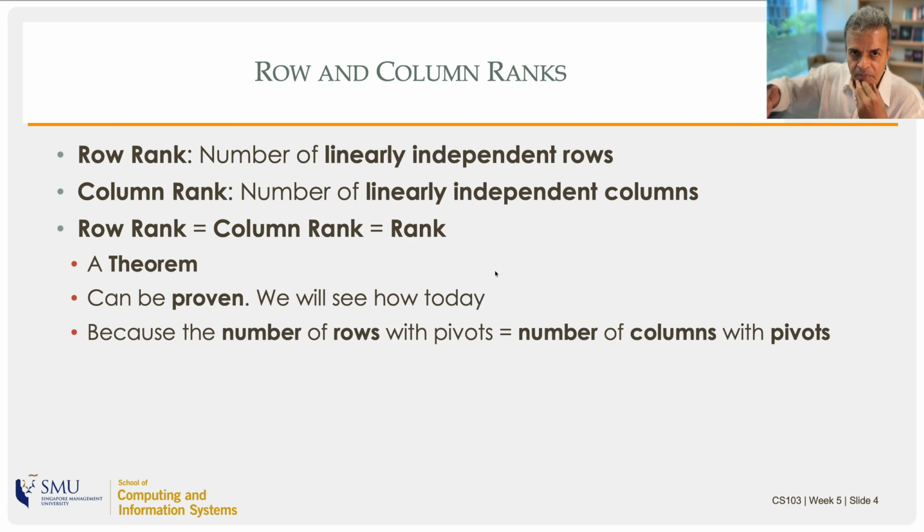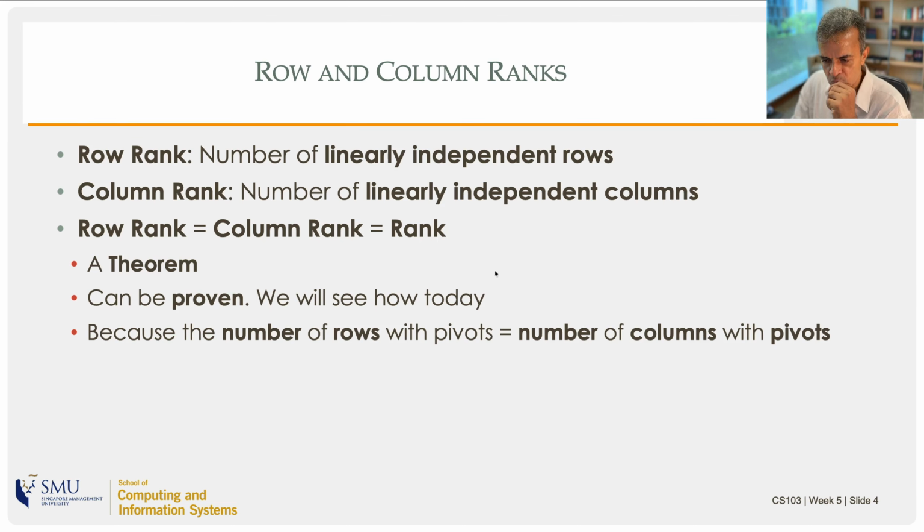Column rank will be the number of columns with pivots. And whether you look at the pivots from the top, column-wise, or from the side, row-wise, it's the same pivot, so it's the same number. So the row rank is the same as column rank. So it's kind of obvious when you come at it from the angle of pivots,